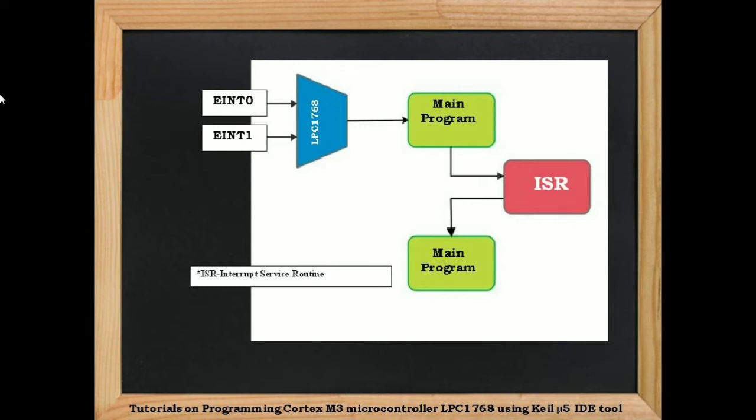Usually, before occurrence of any interrupt, main program will be executing. When we provide external interrupt, control shifts to ISR, that is interrupt service routine, and it will be executed. And after certain delay or on occurrence of certain event, control shifts back to main program and resumes the execution.